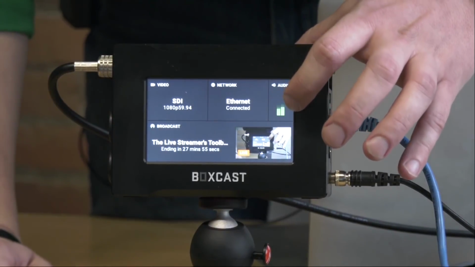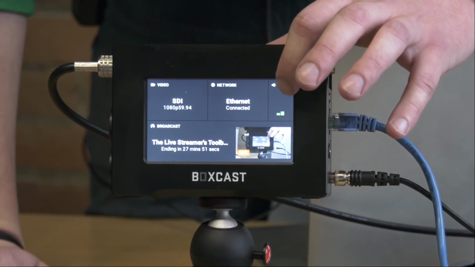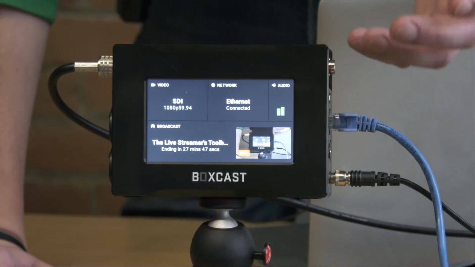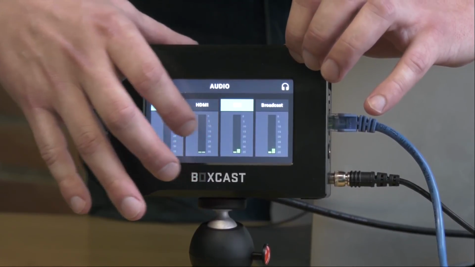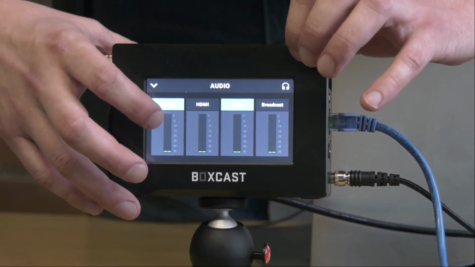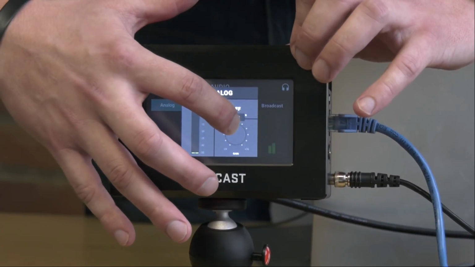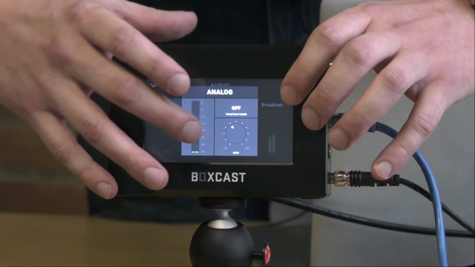Then we also have another audio section here, which I really love because you can make sure you're getting audio levels the whole time and monitor and make sure audio is coming in. If you click on that, you'll see the ability to go further. And if you're going into our analog ports, you can actually adjust the gain. So it has some audio mixer-like capabilities here. The other thing I like about it